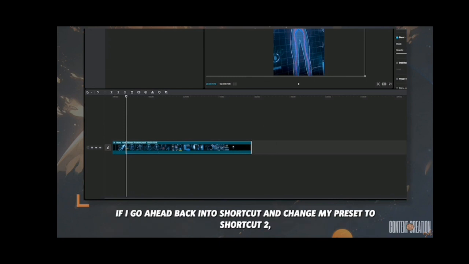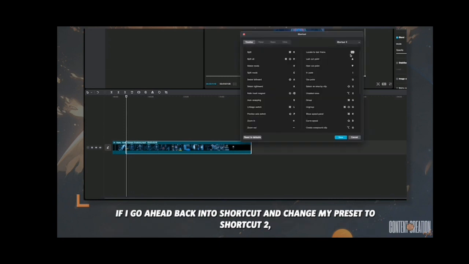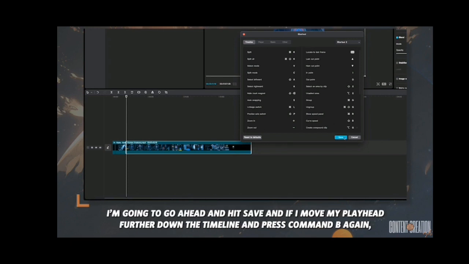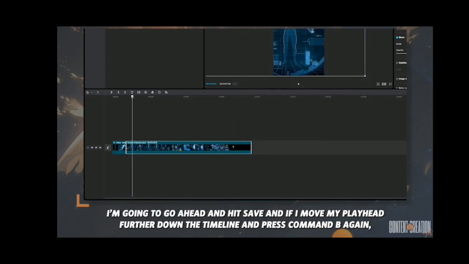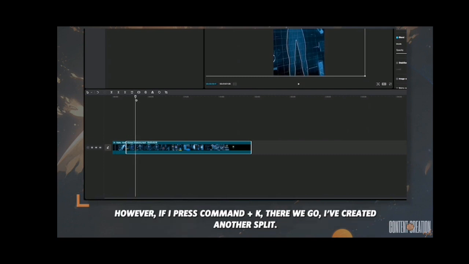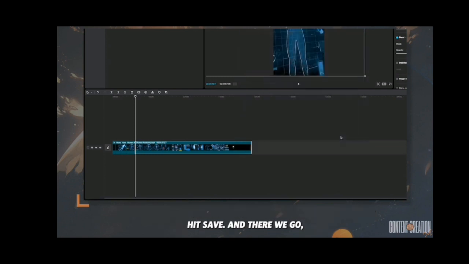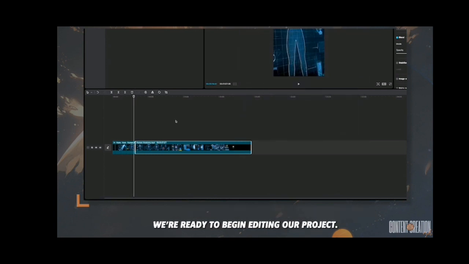If I go back into shortcut and change my preset to shortcut 2, we now can see that the split shortcut is Command K. I'm going to hit save, and if I move my playhead further down the timeline and press Command B again, nothing happens. However, if I press Command K, there we go, I've created another split. Once again, I'm just going to go back into shortcuts. The default preset for CapCut is shortcut 1, hit save, and there we go, we're ready to begin editing our